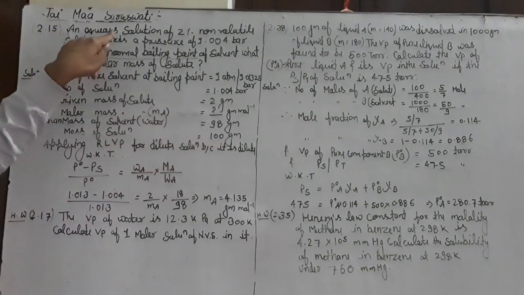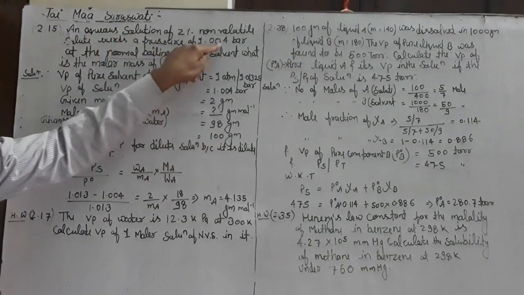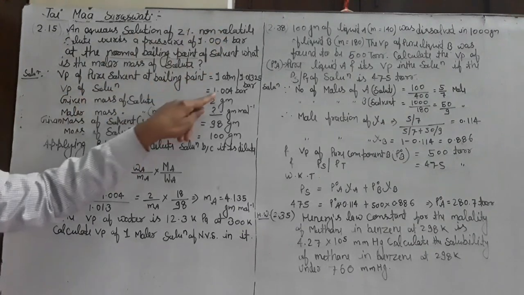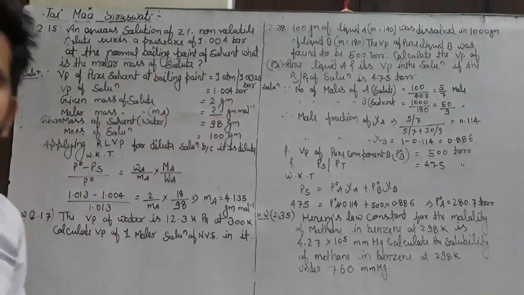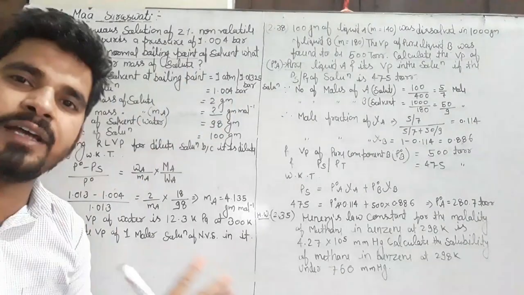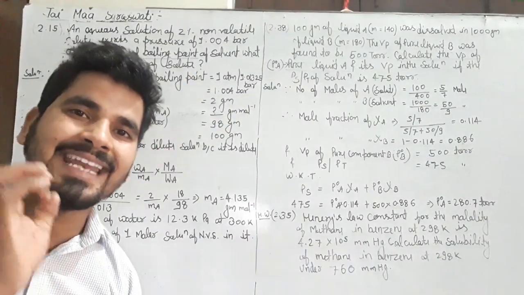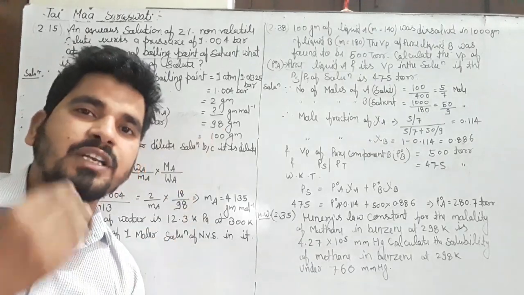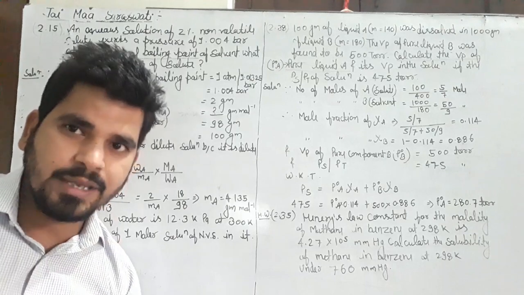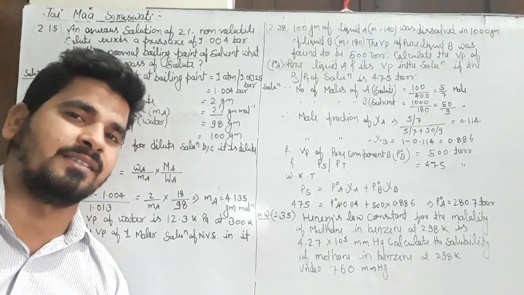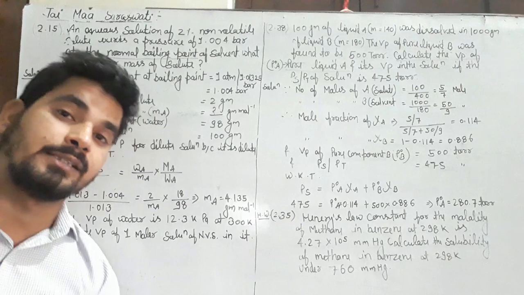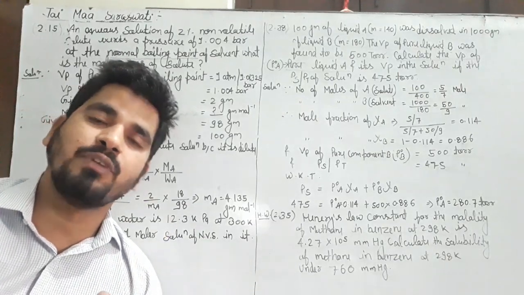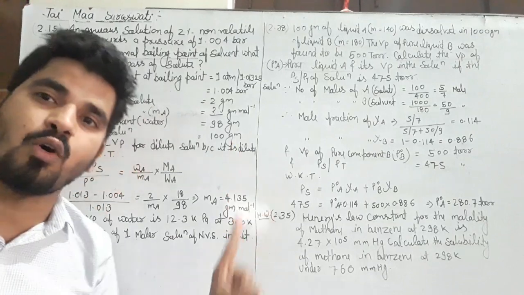And one more thing, it is an aqueous solution whose vapor pressure is given. How much is the vapor pressure given? Vapor pressure of the solution is given as 1.004 bar. I have told everyone a number of times, to make any question easy, you need to note down the given data. Then after that you have to use your mind, and very easily you can get the answer. You have to know which formula to apply, so first of all you have to note down all the data.